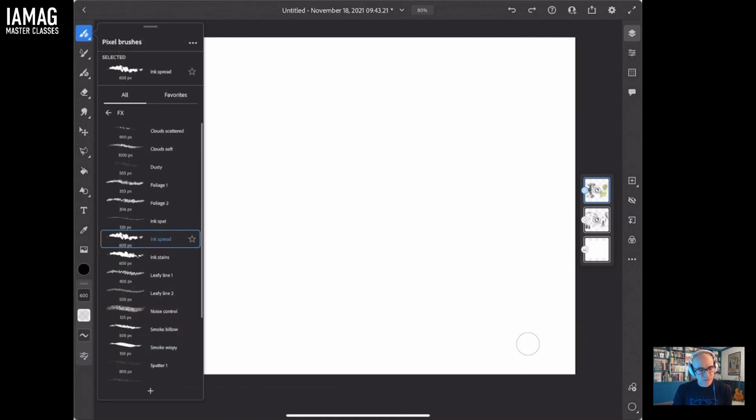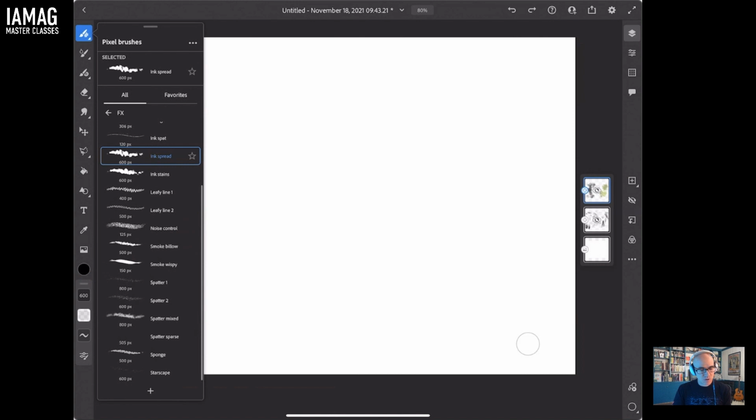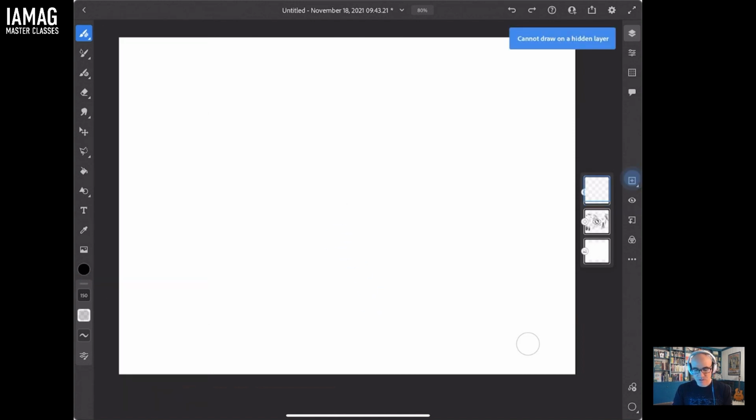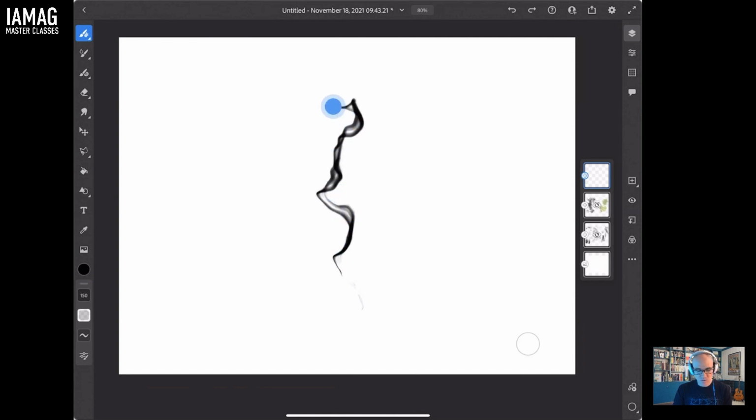We also have some leafy lines, some noise control, some smoke billowing, some wispy smoke, which is great for people who want to do a cool